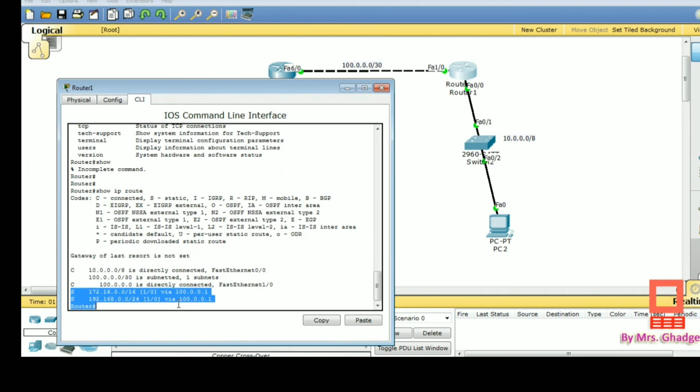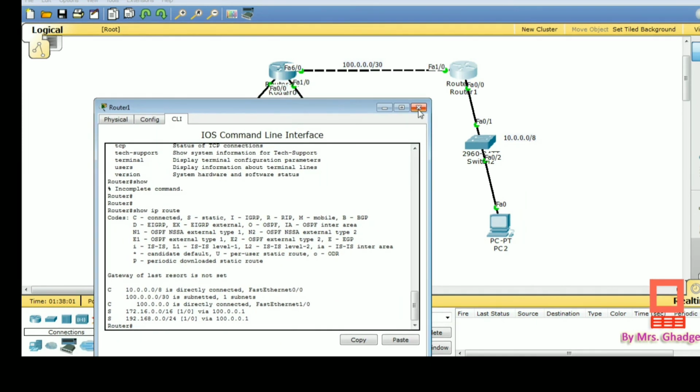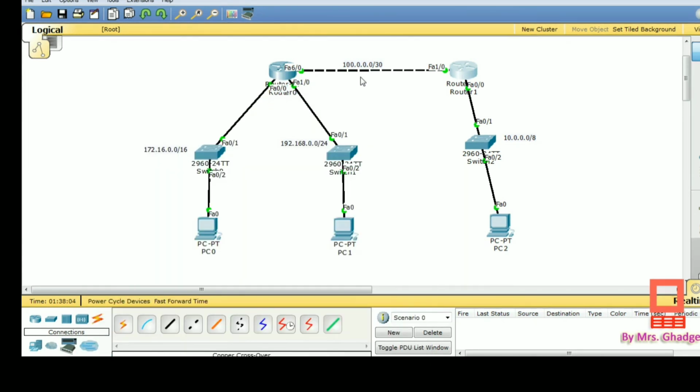Okay, so this is the routing table of this router which contains all the routing information. Okay, so the 172 network and 192 networks are configured as static networks here. Okay, so in this way we have configured all the static routes.